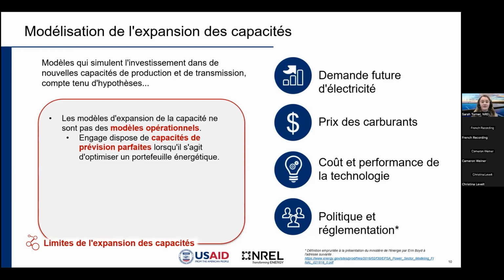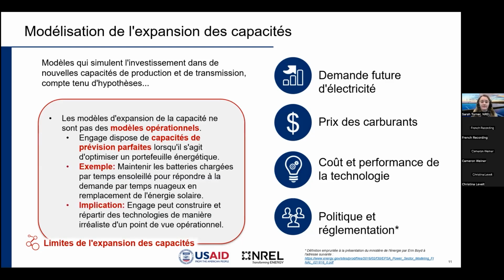While these points of reference are incredibly helpful, they cannot always help grid operators predict how they'll need to scale up their capacity and operate their assets in order to meet demand. For example, Engage might see that it will need to keep batteries charged when it is sunny in earlier days to meet demand later when it will be cloudy, and solar won't be able to produce as much electricity. Even though this would be the cost optimal strategy,